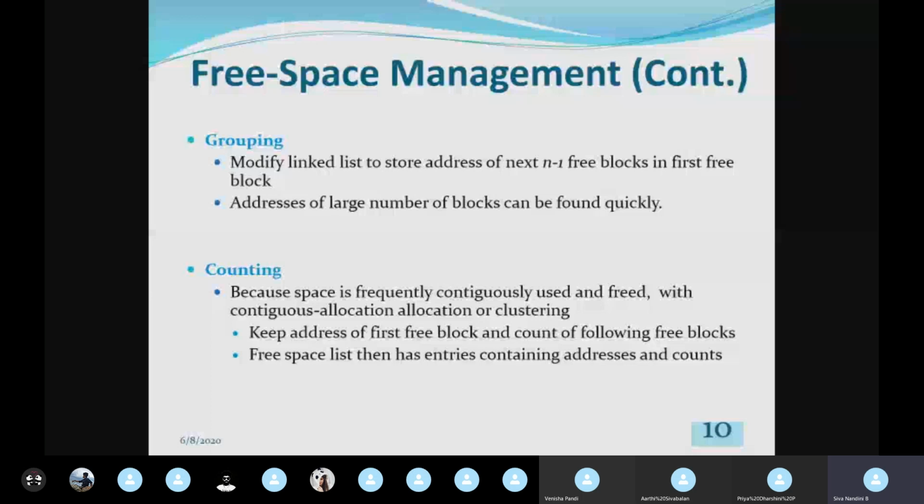The next method for managing the free space is counting. This counting is also a variation of the linked method. Here we keep track of the address of the first free block as well as the count of the following free blocks.